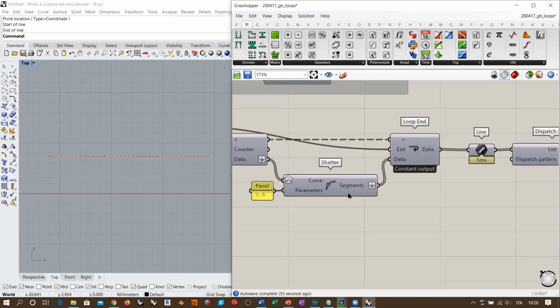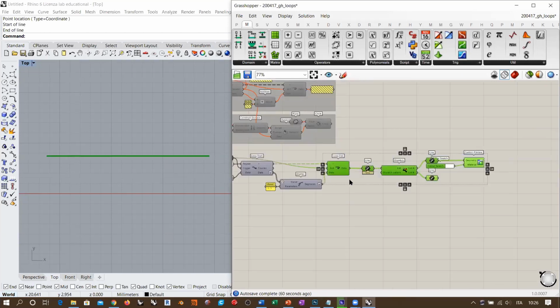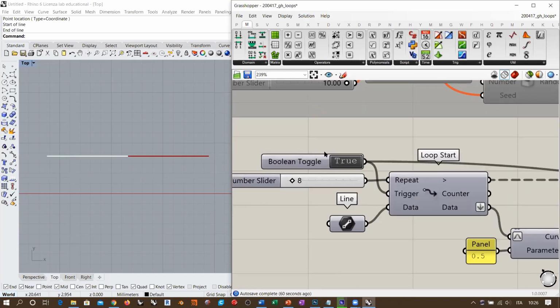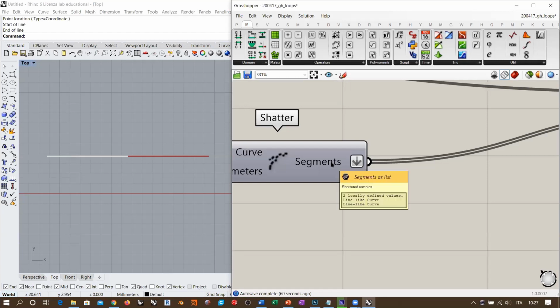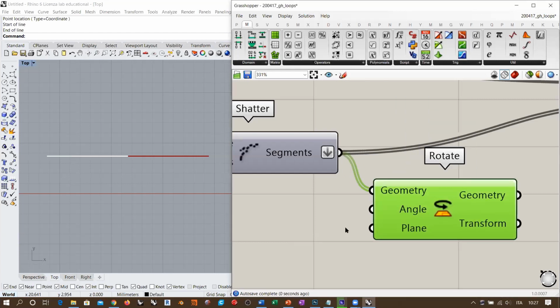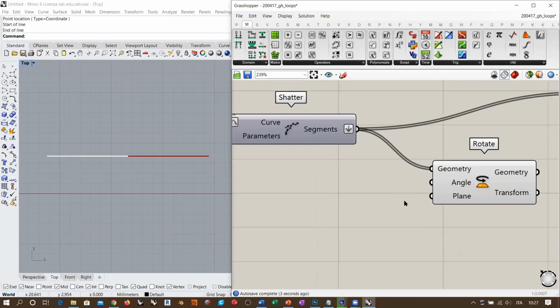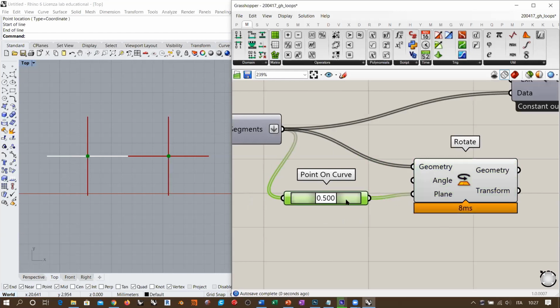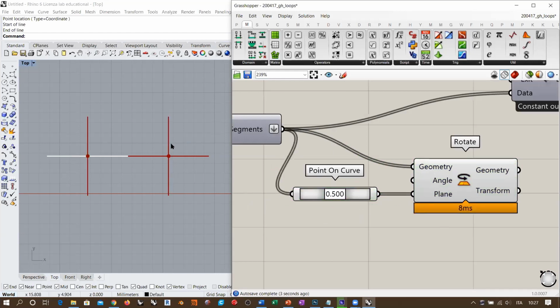Now, what I want to do, I don't want only the segment to be split and split and split each iteration. So I'm also going to do another operation. I'm going to reset the loop, and here we have the segments. Once we have the segments, I want to make a rotation, for example. So I want to rotate all these segments here. I want to rotate them using as the plane, which is basically the center point for rotation, something like the midpoint of this segment. So I'm going to grab another point on curve, which is the midpoint of this segment, and use it as rotation plane. You see that now they have been rotated like 90 degrees from their original orientation,